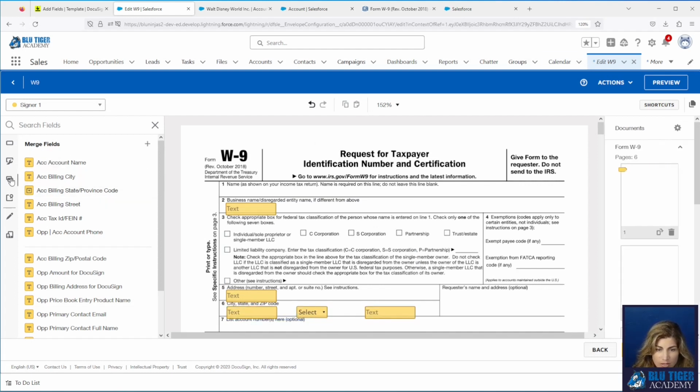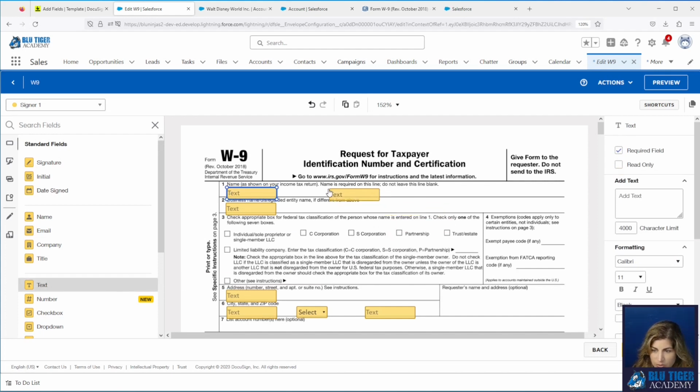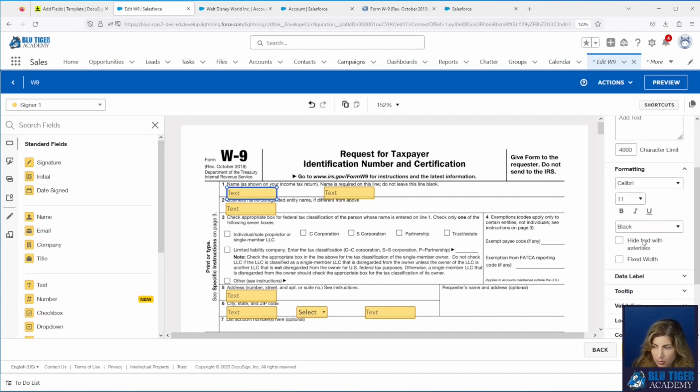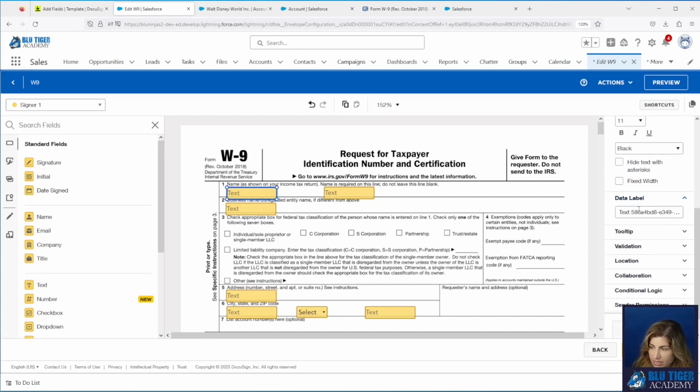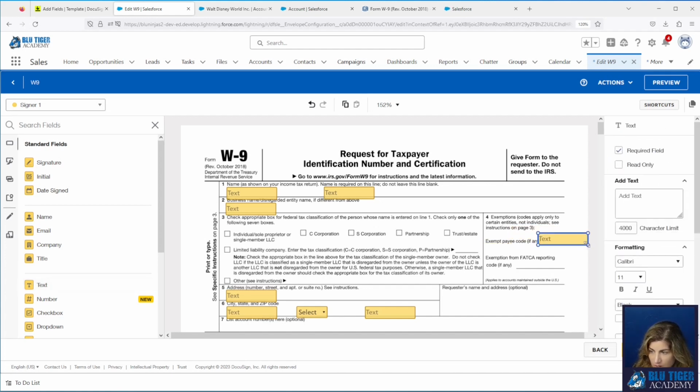Now for the text fields, for the name up here, I don't want this to write back to anything in Salesforce. So I'm just going to drag and drop this name up here and make sure that they're both required. You can make the data label say first name if you want to. That's up to you. Now for these text boxes, these are not required, right?